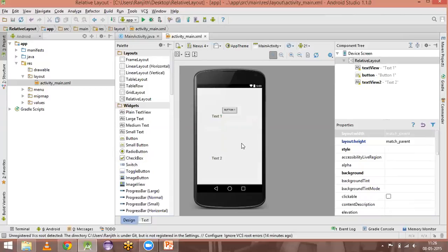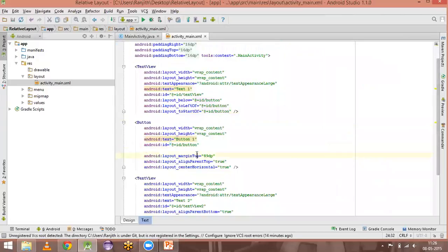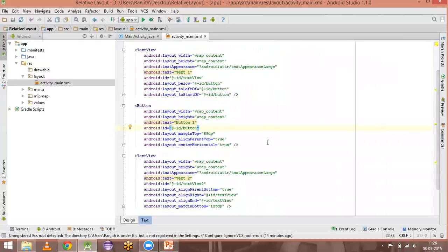So first you have to go to text. Okay, text, I'll go here. Go to the second text view, text 2. Which is the text 2 here? This one. Yes, sir. So below the button. Okay. Sir, in